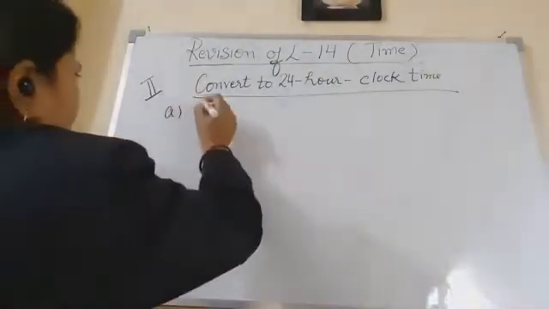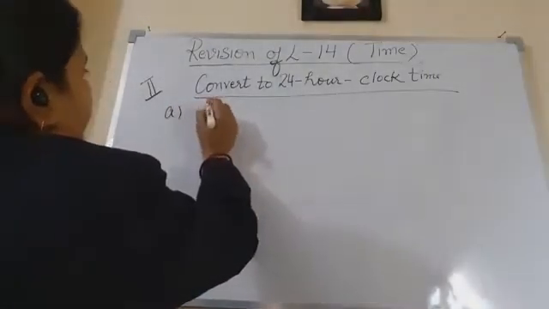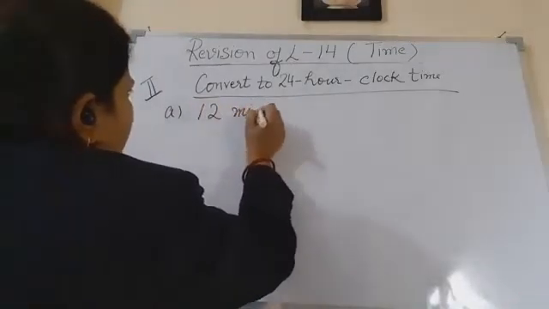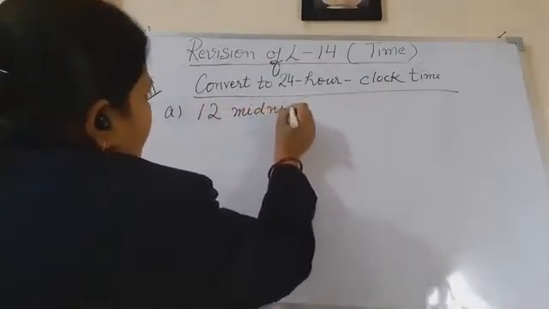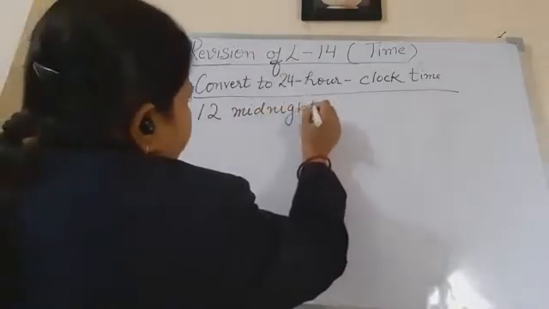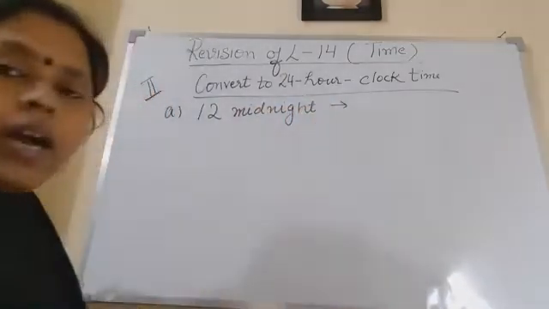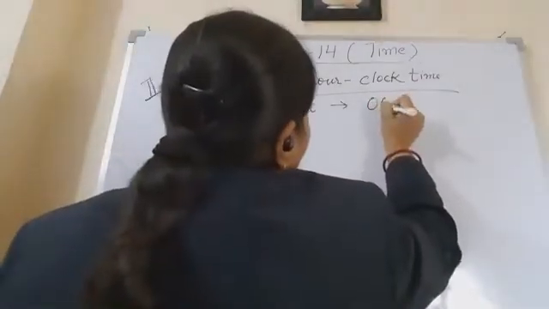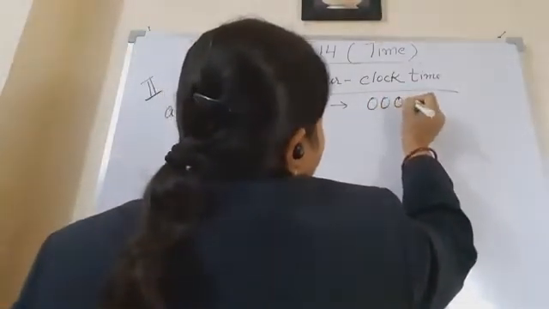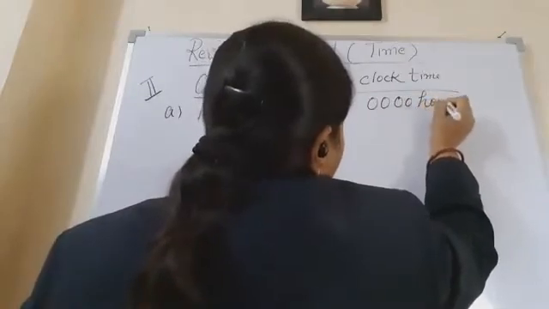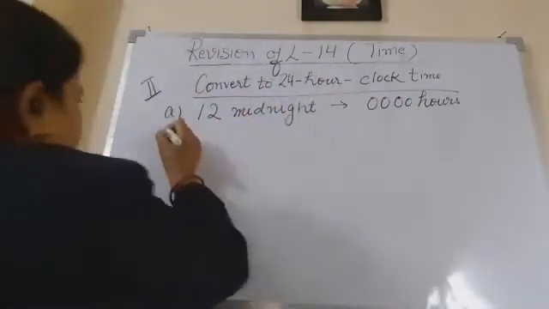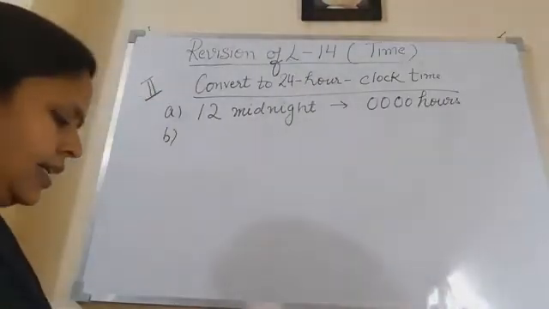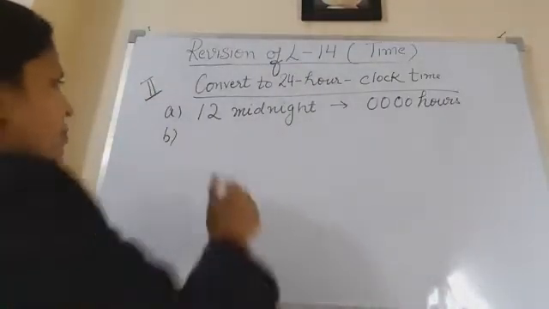So children, if the time is written as 12 midnight. So children, you all know that 12 midnight time in 24-hour clock is written as 0000 hours, right? The second part of this question is that the time is